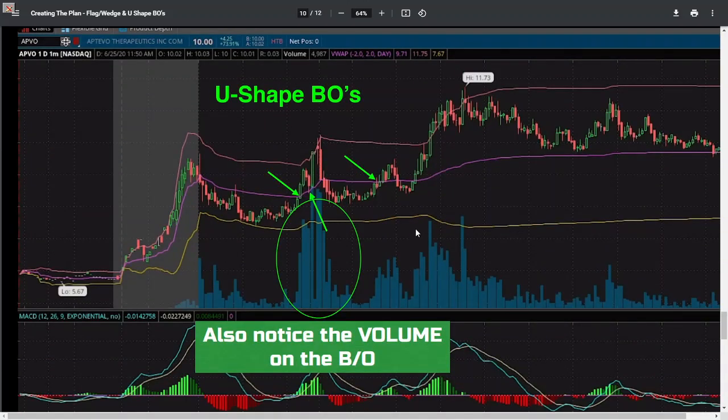Let's get over to the next one, though. I want to go over U-shaped breakouts. Another one that's kind of hard to determine where to buy at times. The best time, and the only time we really see these for the most part, is when stocks are hot. You see a hot play that has a nice pre-market spike,